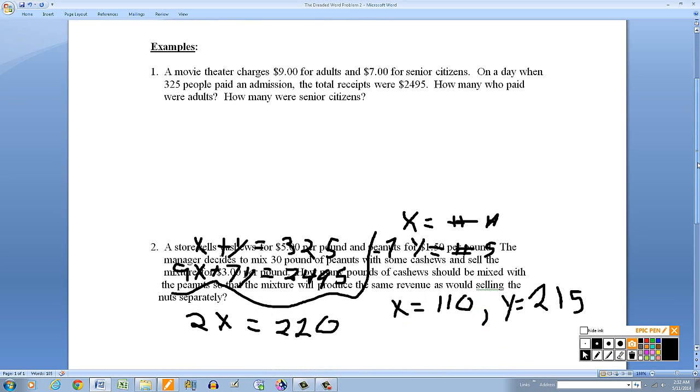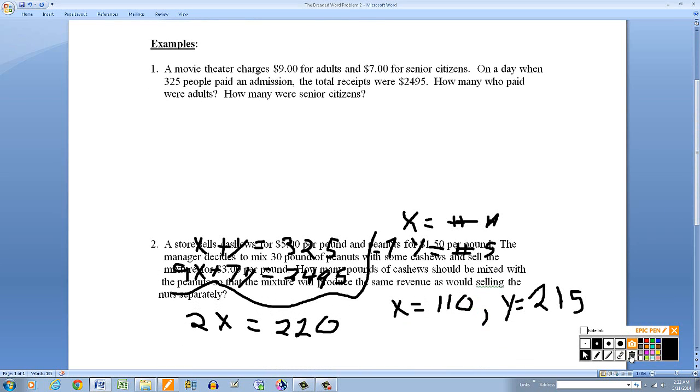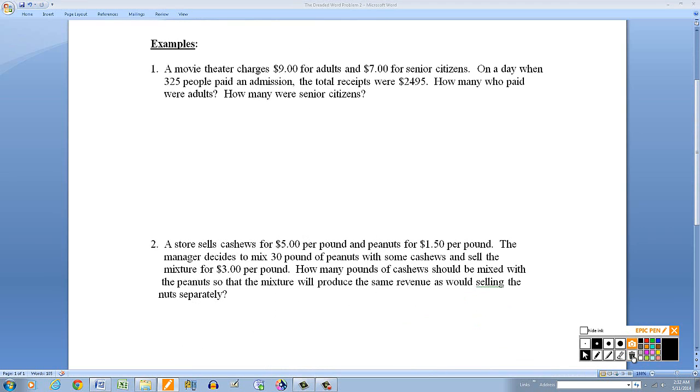Okay, let's go to the second one. Let me clear this. And I want to point out that on the first one, like I said, I used two variables, x and y, but you could have just used x, and you could have said x represents the number of adults, and then since there were 325 total,